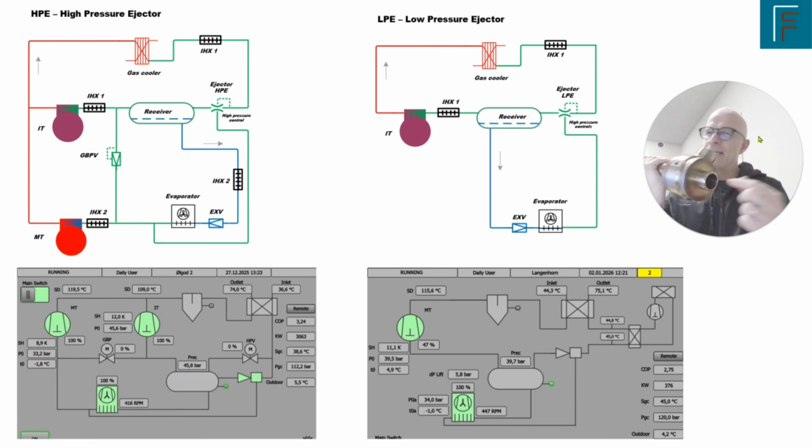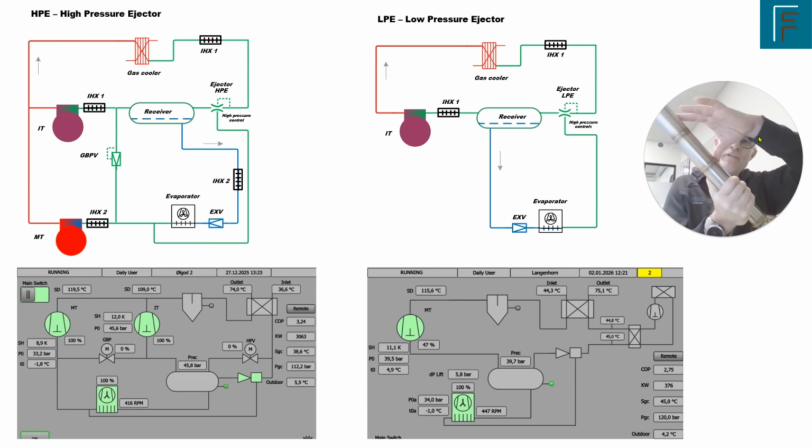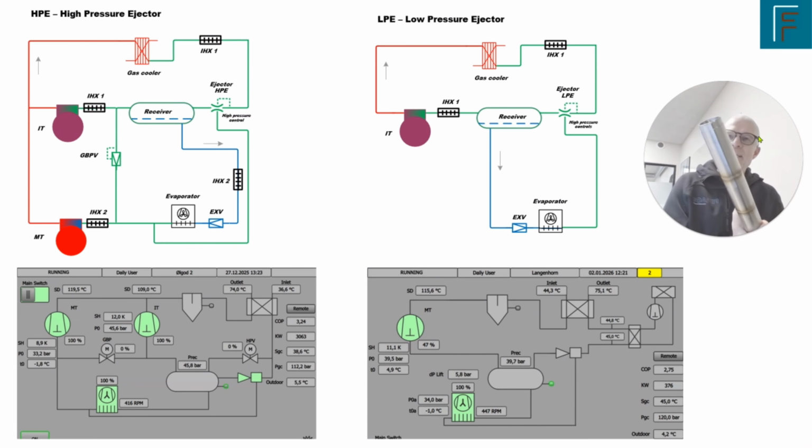This is the motive port. That is where the high pressure gas from the high pressure side comes into the ejector. This is the suction port. That is where we are sucking from a low pressure level in the system. And this is the mixing chamber, and then we have the diffuser, and then the gas is leaving here to